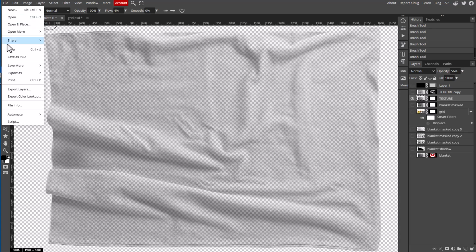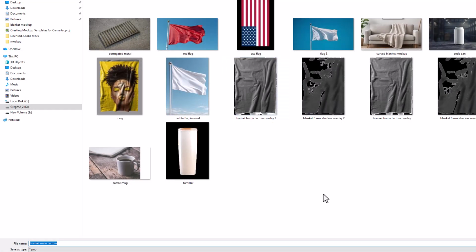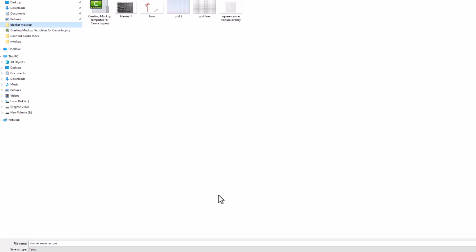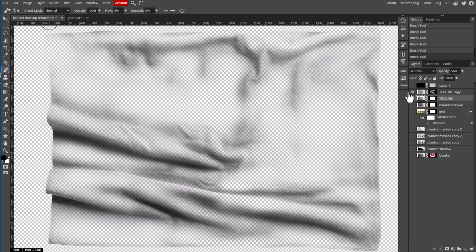So I'm going to go File, Save As, or excuse me, Export as PNG. And so we'll go ahead and choose Save. And let's call this one Blanket Main Texture. So just give it a name that we're going to recognize, Blanket Main Texture, Save. And we're going to save it just into this blanket mockup folder right here. So Blanket Main Texture, Save, and then we'll turn that off, and then we're going to turn this one on,